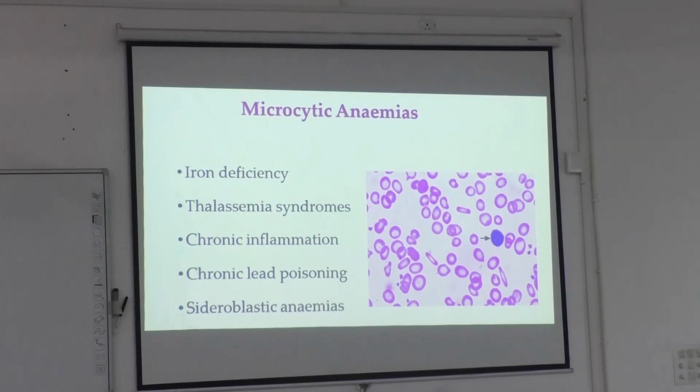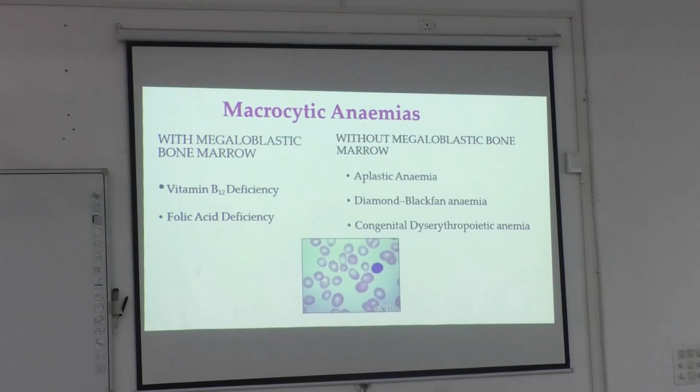Short note আসতে পারে এইভাবে। Iron deficiency and thalassemia syndrome are the more common ones, but there are a few others also. You have to remember chronic inflammation, lead poisoning and sideroblastic anemia, right? Macrocytic এইভাবে ডিফারেন্সিয়েট করবে, আমি পরে ছবিটা দেখাচ্ছি, এটা ভালো বুঝতে পারবে। Macrocytic with megaloblastic bone marrow, without megaloblastic